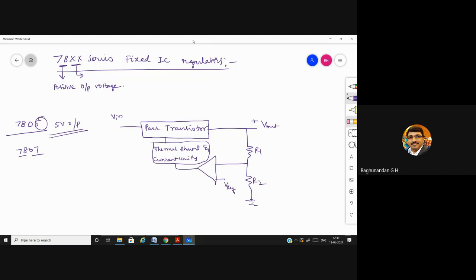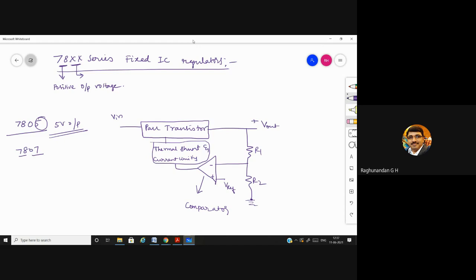And this is the op amp, which we'll be studying in the next module. Operational amplifier, we are going to use, and the op amp we are using is acting like a comparator. It keeps on comparing. So this block diagram is an advanced version of the voltage regulator. It is not only for controlling the output voltage, it is also limiting the flow of current.